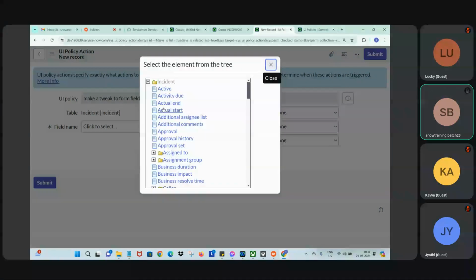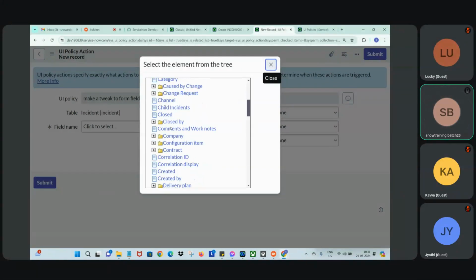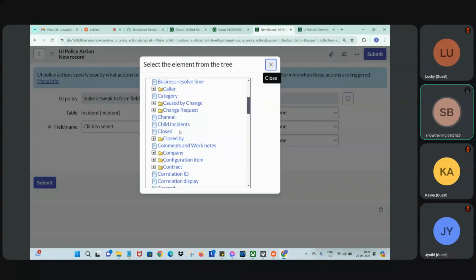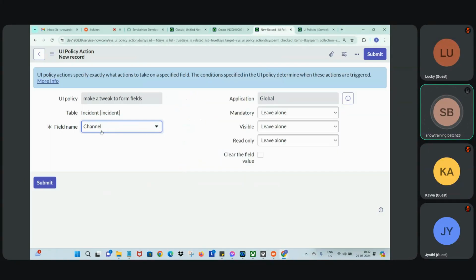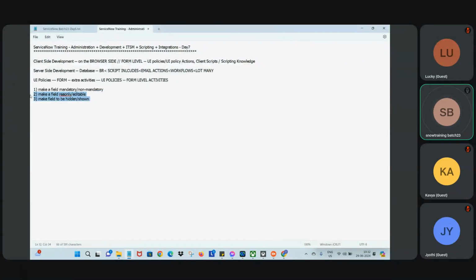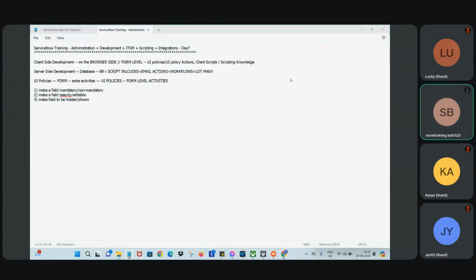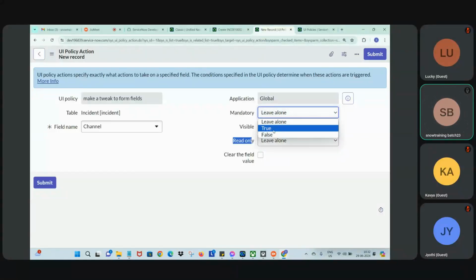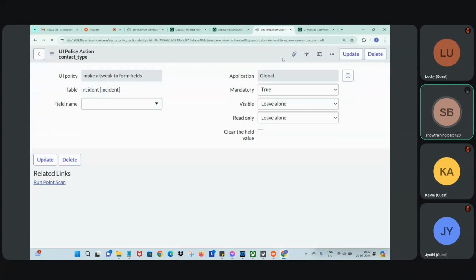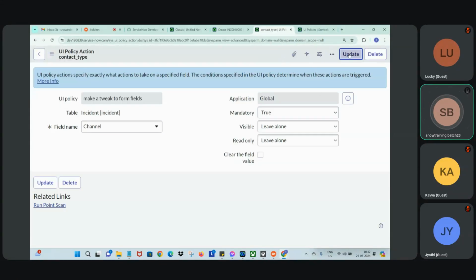What you can do here, you can simply select the field, whatever you wanted to make a field mandatory. So the channel you wanted to make mandatory, right? See, here you will find the options mandatory, visible, and read only. These three operations. So whatever we have written, these are there here. See, now I wanted to make this field channel mandatory. Let me just save it. Once this is saved,